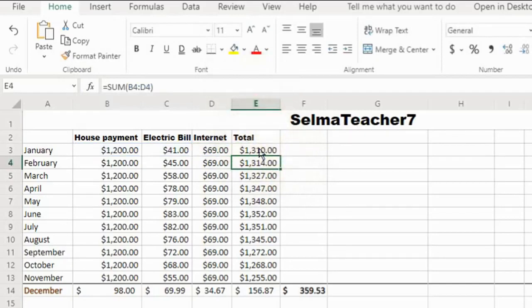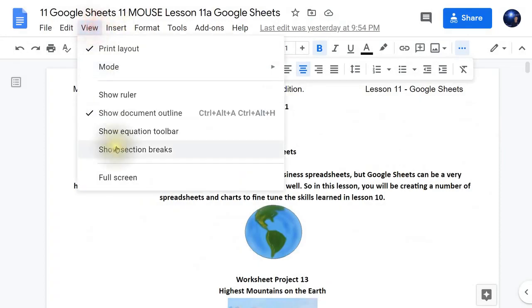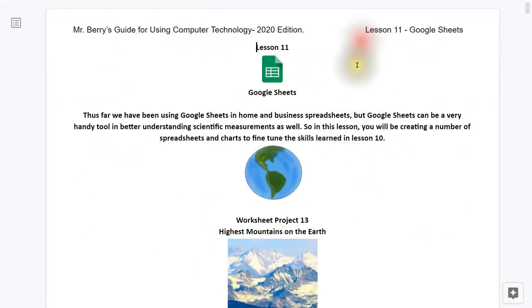Okay, now we're going to be starting the practice portion of the lesson. So we'll be diving into lesson number 11 and working with our spreadsheets and workbooks. And this time we'll be creating things there using our skills from previous lessons. And here we start the practice part of lesson number 11. So let me go view here and full screen.